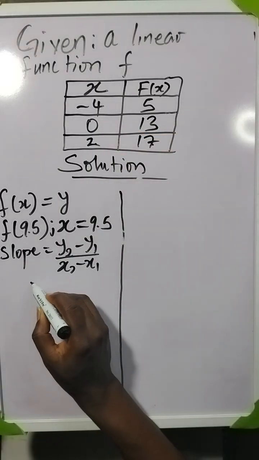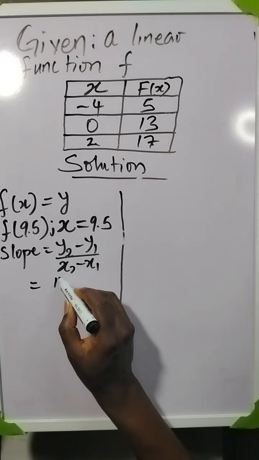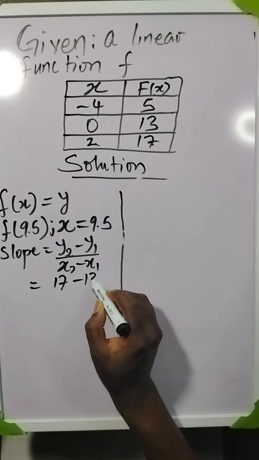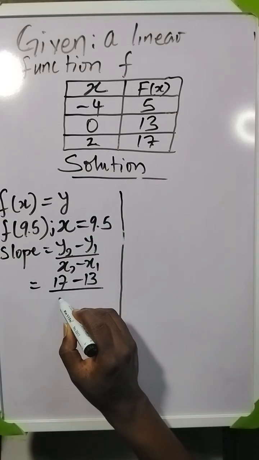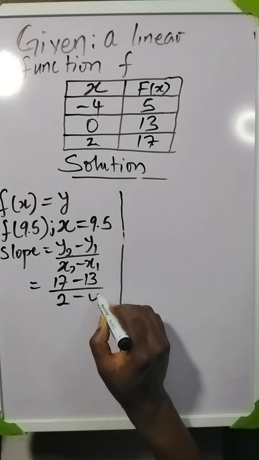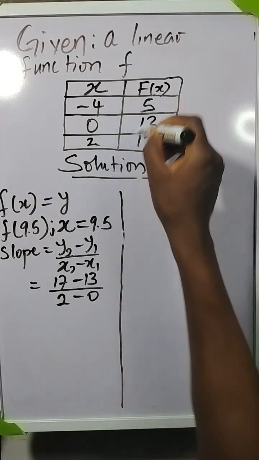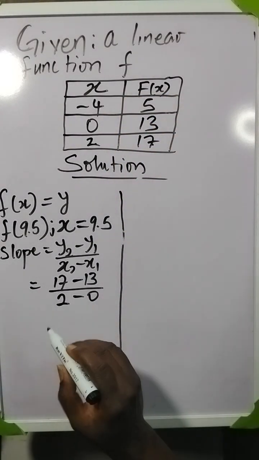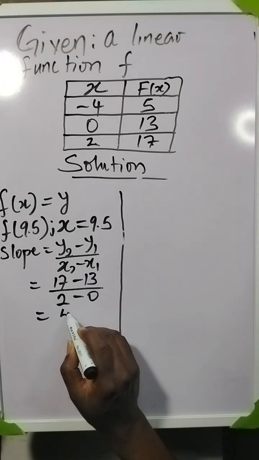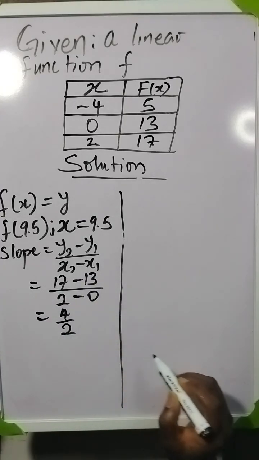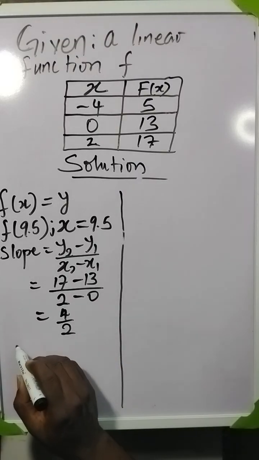So if I substitute that, we have 17 minus 13 all over 2 minus 0. If you use any of these other points, you will get the same thing. So if you solve this, we'll have that our slope is 4 over 2, that means the slope